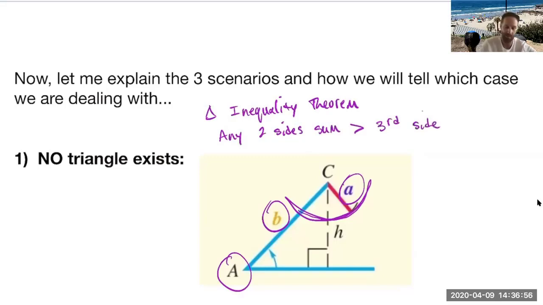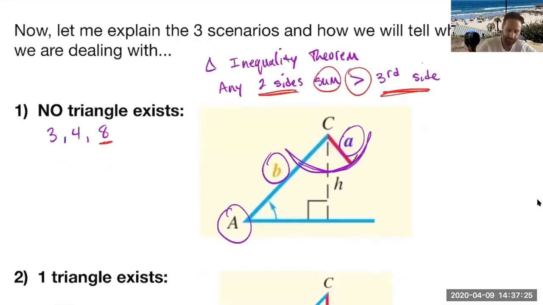So for example, if I was to give you a 3, 4, 8 triangle, if I took the biggest side with any of the other ones, obviously it's going to be greater than the other because this one already is. So the one case that you really want to check is the sum of the two smallest sides versus the largest. So in this case, if I was to kind of draw this out for you and show you that